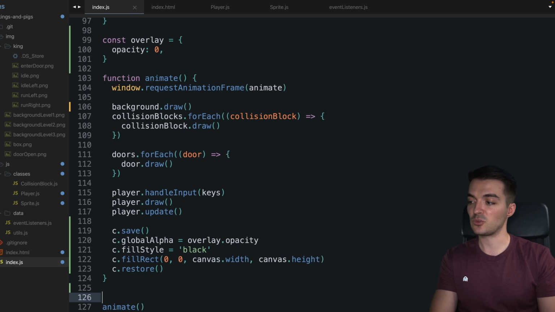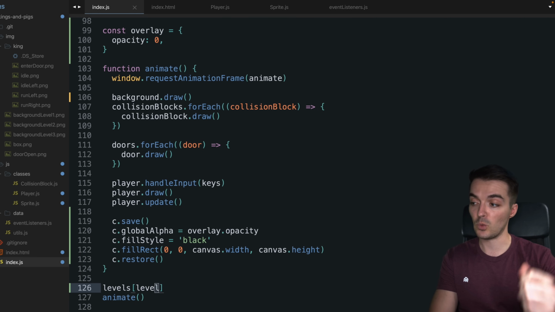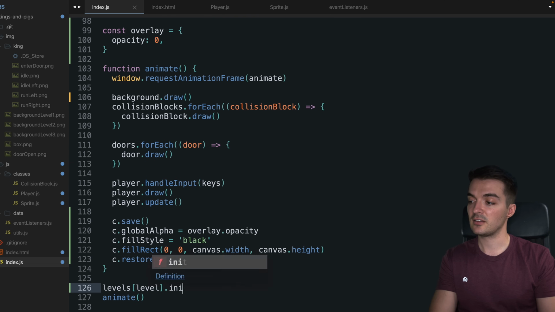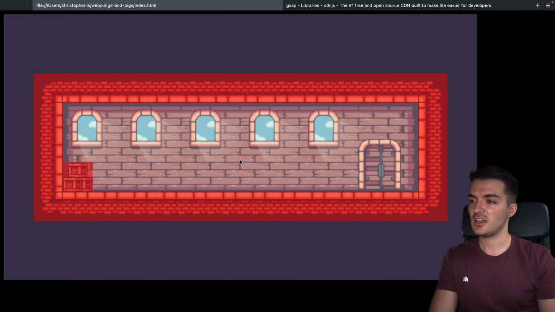Instead, at the very bottom, yes, we're going to call animate, but before that, I'm going to select our levels object, get the current level we're on, which we're starting off on level 1, and then call its init function. And everything should still work the same as long as we've done this right. So let's save and refresh, and it looks like we're definitely having an issue there with our player falling off